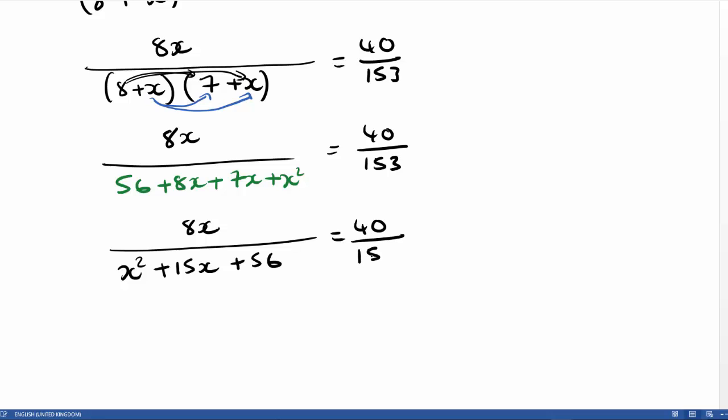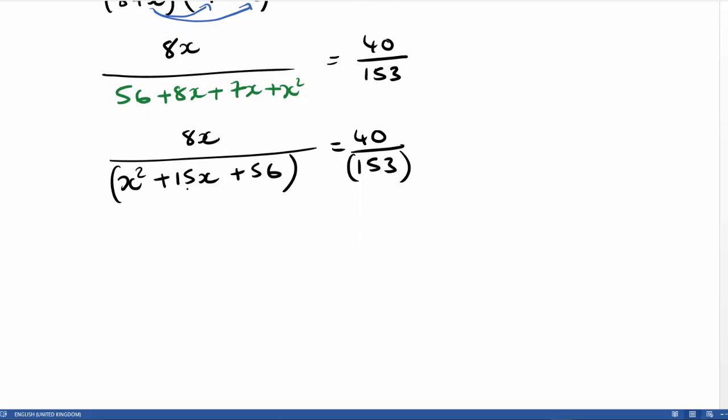over 153. Now, what we've got here, an algebraic fraction. Okay, we need to get rid of the denominators. Okay, we need to get rid of this, and we need to get rid of this. Very straightforward stuff, guys. We need to multiply both sides of the equal sign by both of the denominators. Excuse me, so let's do that now. So what I'm going to do,